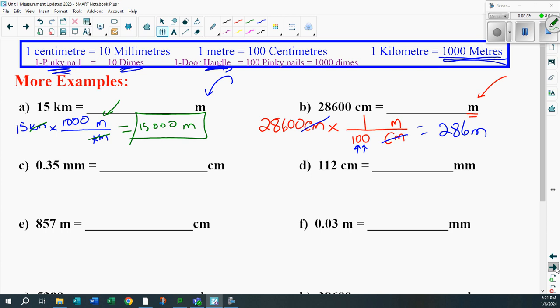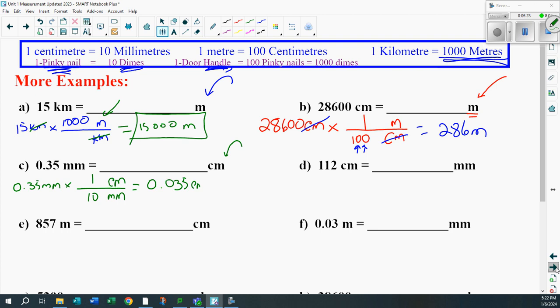Ready? This is 0.35 millimeters. Okay, again, put the millimeters on the bottom. What you want on top, that's the centimeters on top. Now ask yourself a question. How many dimes make up a centimeter? How many dimes make up the pinky? One pinky, 10 dimes. So you're actually dividing by 10. So this is going to be